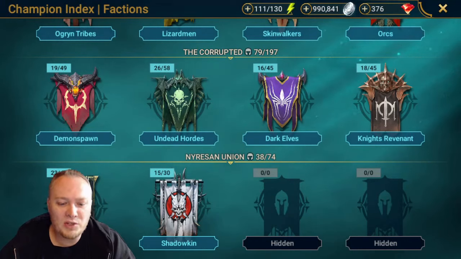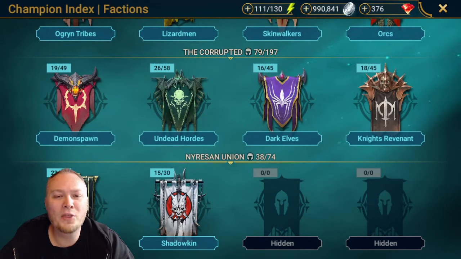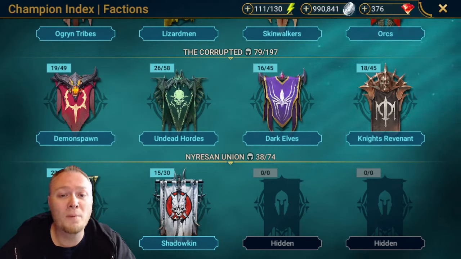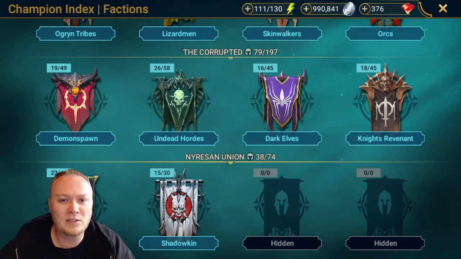What's up, guys? MTG Jedi here, back with another Who to Use in Faction Wars complete breakdown, this time for Dark Elves, and I'm super pumped about this Dark Elf strategy. I used it on my own account. You will see footage of that near the end of the video, and I think that it's the most easily accessible team